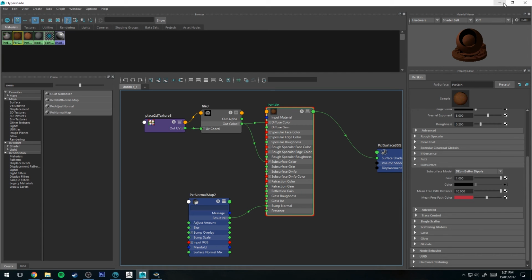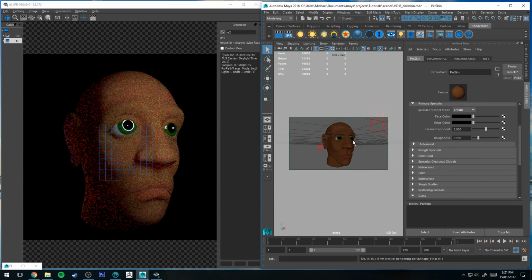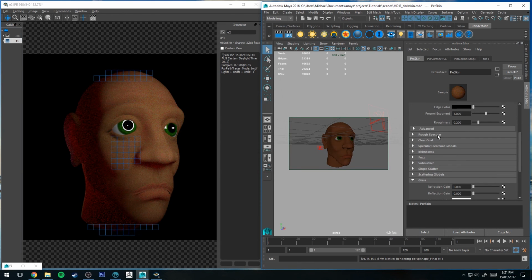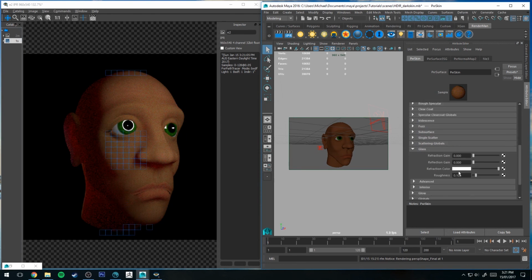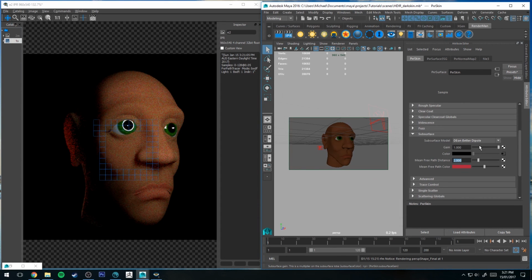Alright, that should pretty much do it. And then if we run an IPR again, you'll see that we're getting the subsurface scattering. Now at the moment it's a bit too heavy, so we're going to just control this with the attribute editor. We're going to go back to that subsurface. Okay, and we're going to reduce the mean free path distance somewhat. So this is just going to be the depth in which it scatters, which will make it look a little